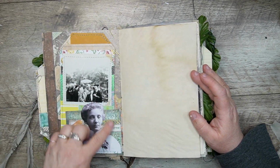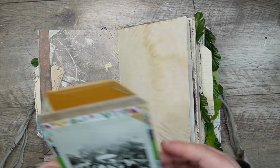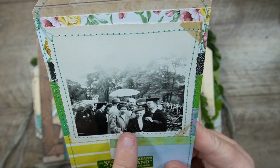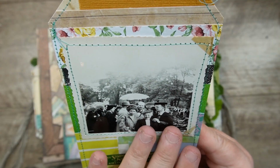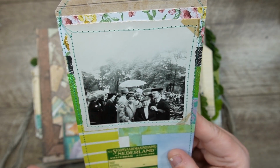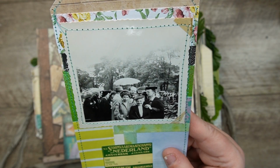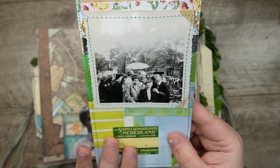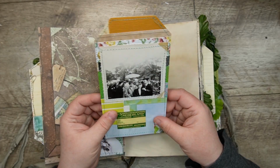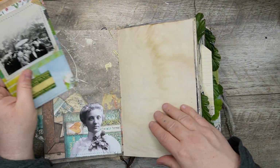And then over here we have this little cluster pocket. And then this is an authentic old photograph of these ladies here. I felt like there seems to be kind of a sea of people, lots of men behind them, but I felt like they were women artist graduates from a long time ago, and I just really wanted to highlight them. And so this is stitched on top of a collage board with brown paper on the back,